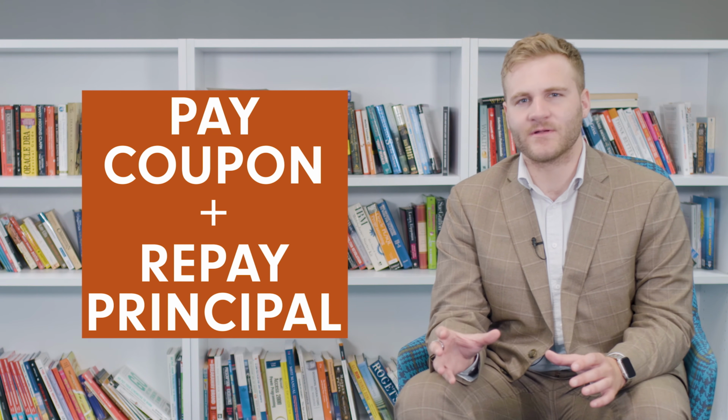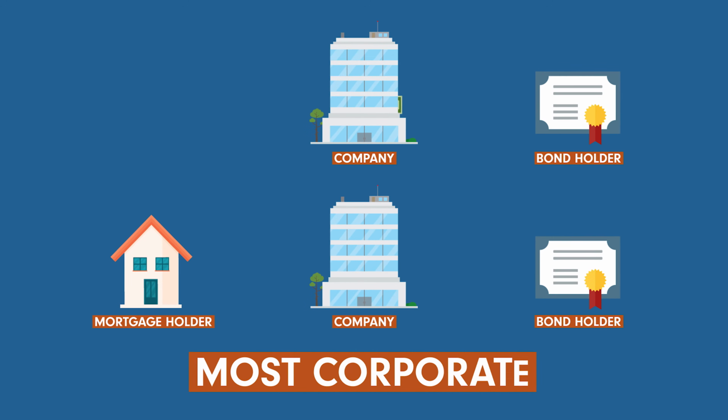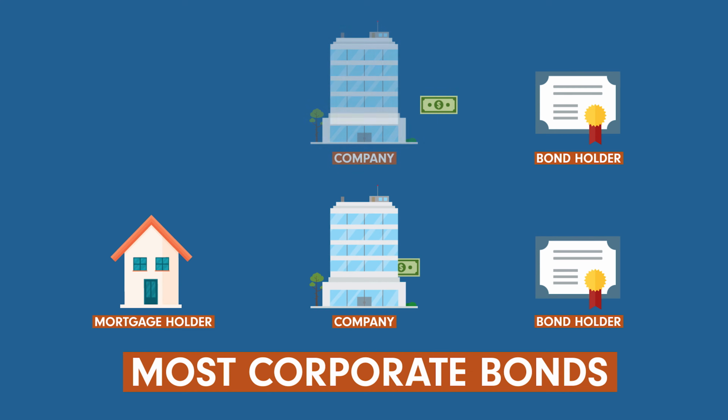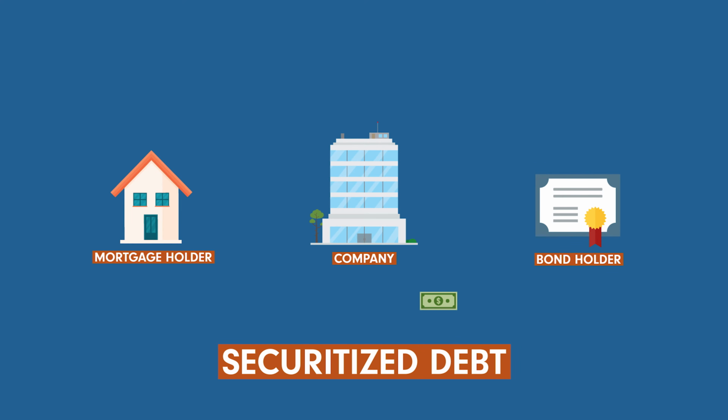The biggest risk for the corporate bond securities we've talked about so far is whether or not the company is able to pay each coupon and repay the principal when these bonds mature. Companies make these payments with the profits from their operations. Some companies will issue bonds that pay interest based off of a pool of specific assets or loans that they've made instead of from their operations. These bonds are considered to be secured by this pool of assets or debts, and they're called securitized debt.